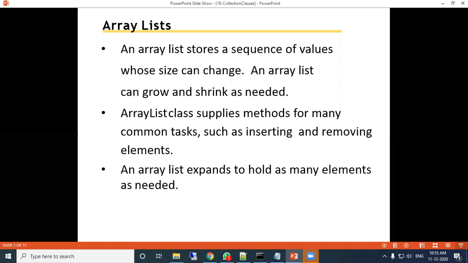So from that ArrayList, you can insert an element, you can remove an element. An ArrayList expands to hold as many elements as needed. So you can expand it.